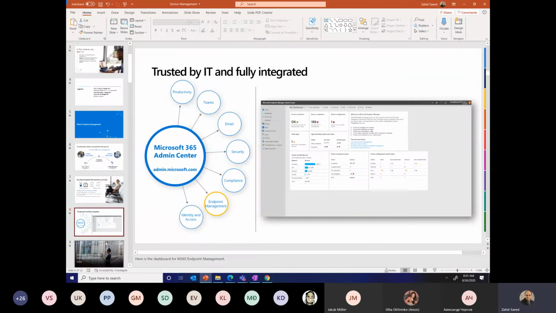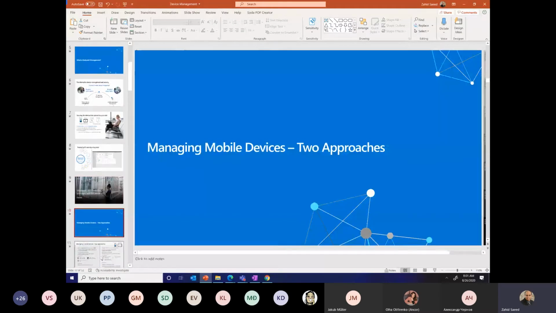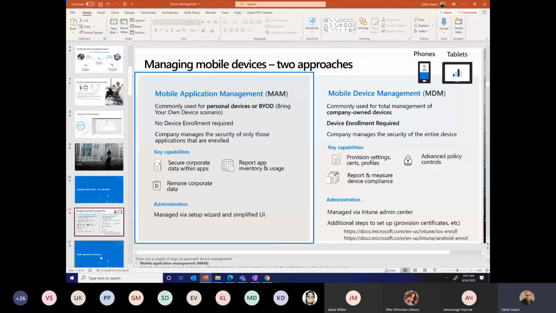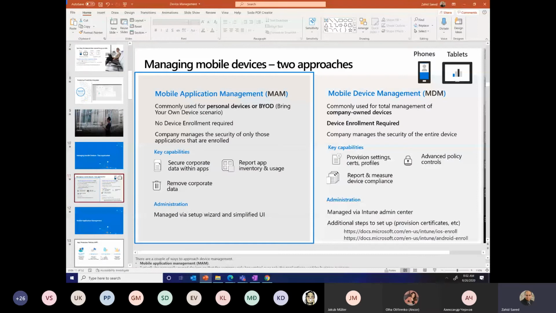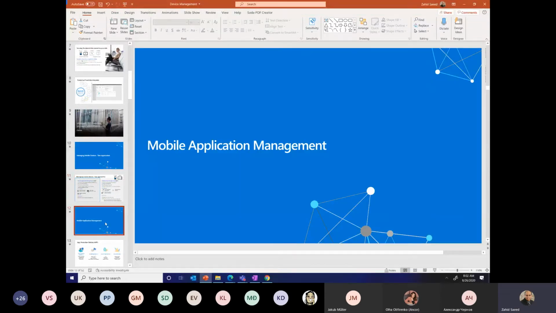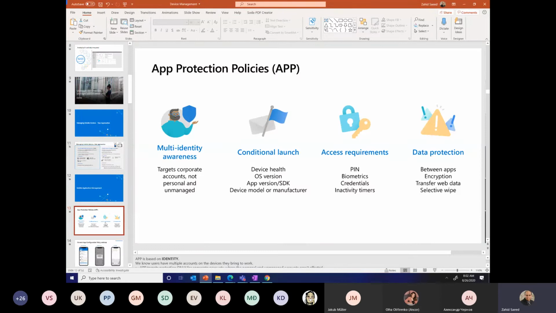And now if you go a little bit further, this was the demonstration you have to give as an instructor. Now here we are giving them a concept: what is mobile application management and what is mobile device management. The difference should be very clear for them, like personal devices, and no device enrollment required here. I also want to make sure everyone is clear why we use BYOD: it depends, it gives flexibility, and based on the type of organization you have, we can manage both of them